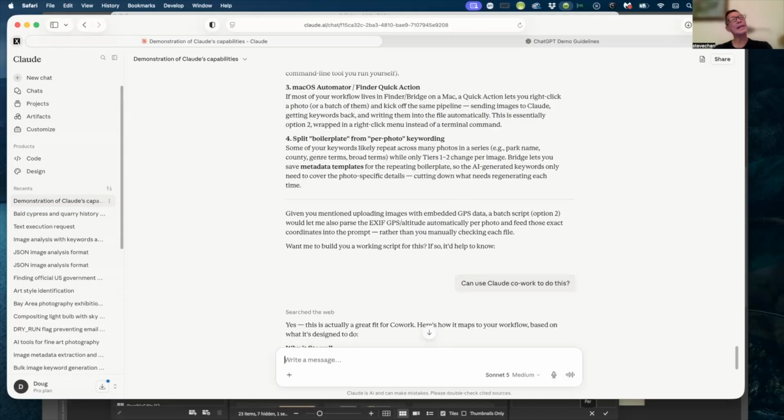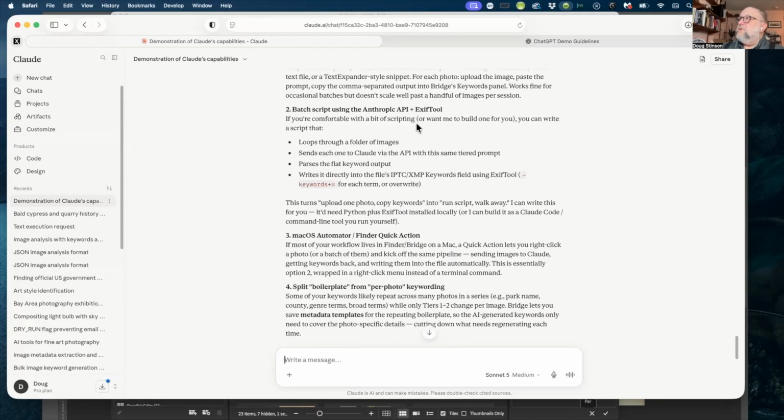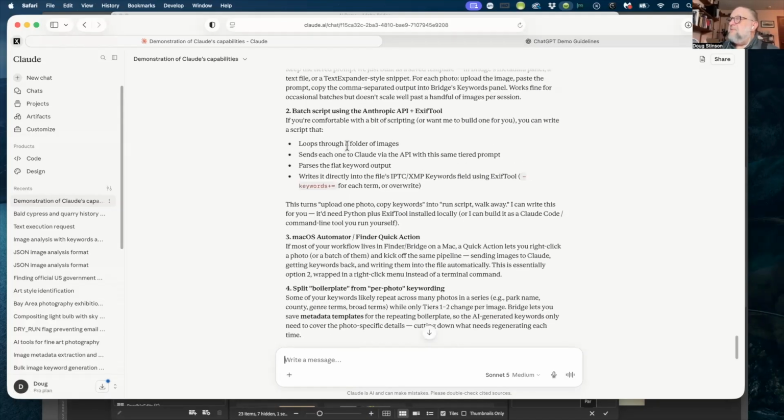When you have 100 images and you ask Claude or one of the AIs to create these keywords for you, does it populate those keywords into the image? Or do you have to cut and paste them into the image yourself? So if you have it do this script that I was talking about, what that script will do is you have to